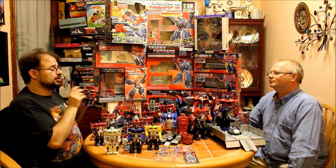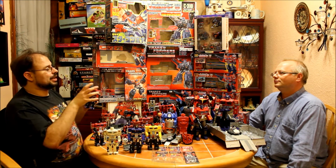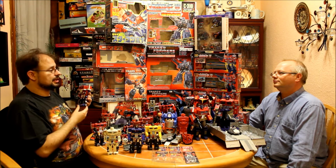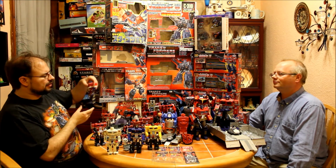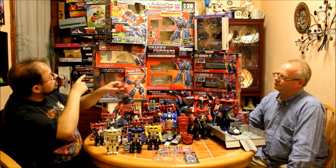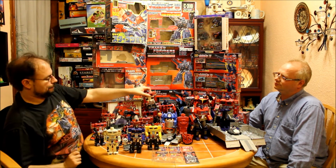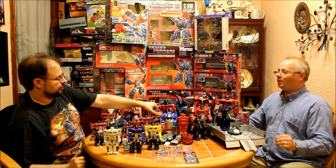That's actually a homage to a mail-away version of Optimus Prime from 1986, where you actually ordered him as a Pepsi promotional version of him, and he came in a white styrene, in a plain white box, but he had Pepsi stickers with him. There was actually a variation on that running around where he was in the original box and the stickers were stuck to the box. But yeah, there's a couple of variations. But more importantly,